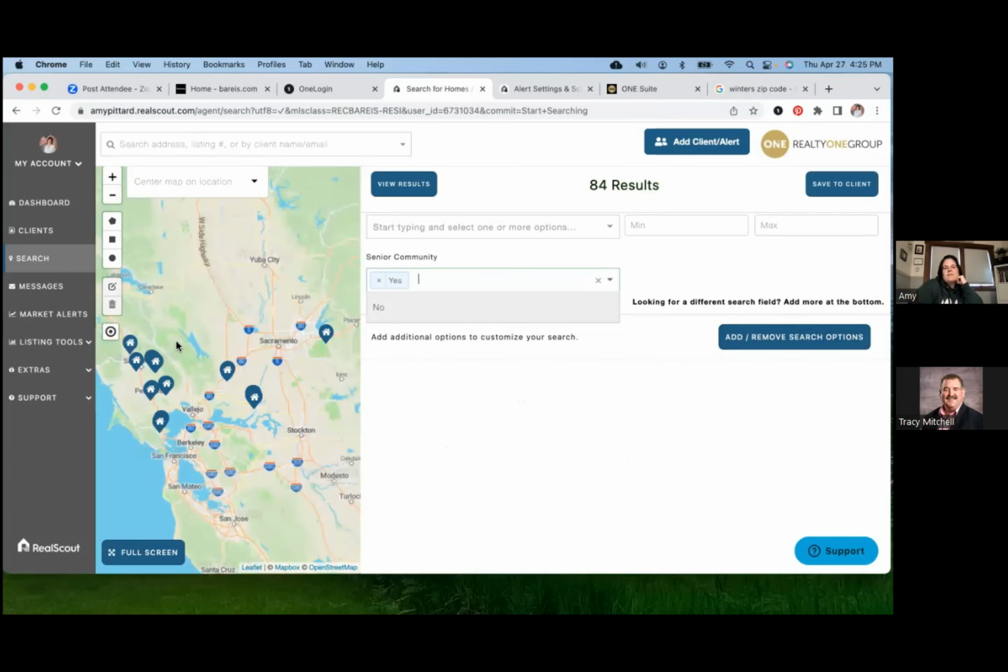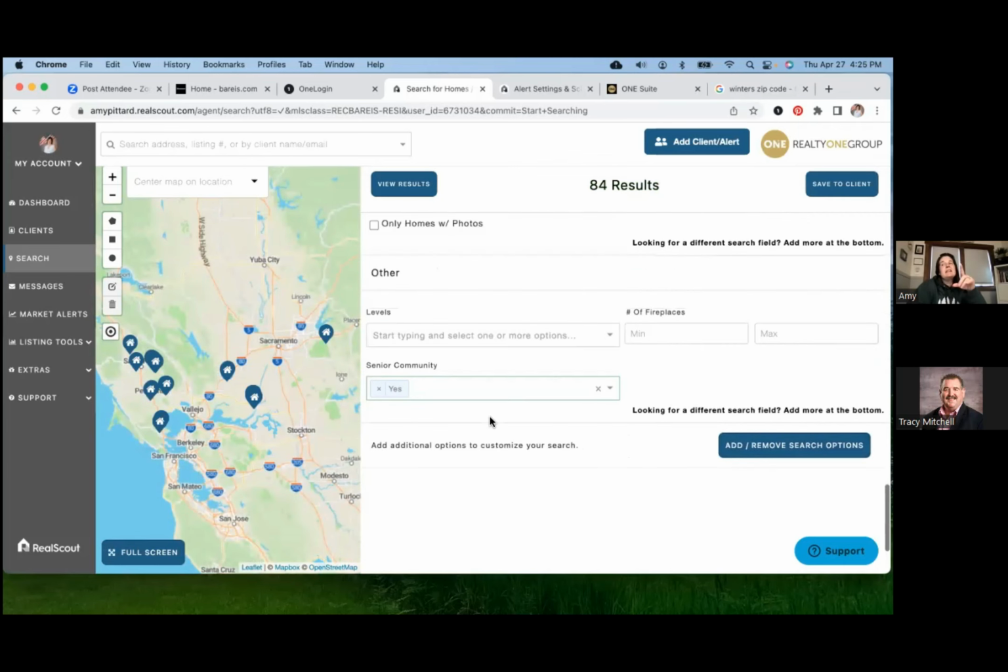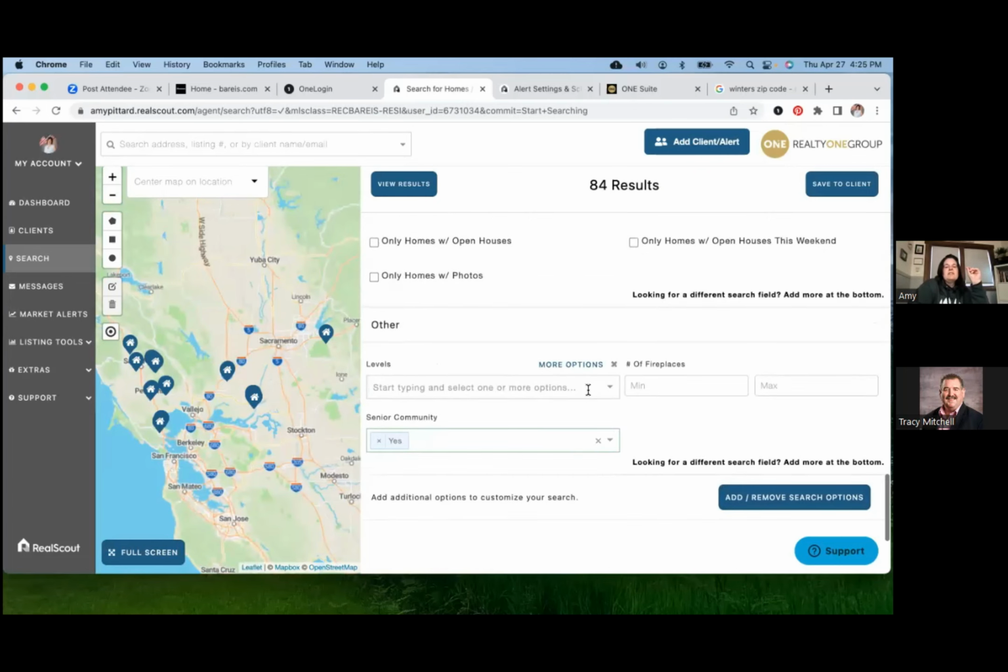Now it factors out all the properties that don't fall into senior communities. Again, remember, this is only as accurate as the information put into the MLS. So if agents screw it up, you always have to be careful with how specific you get, because agents might screw it up. So if I want single stories in senior communities, now I've got level 1,